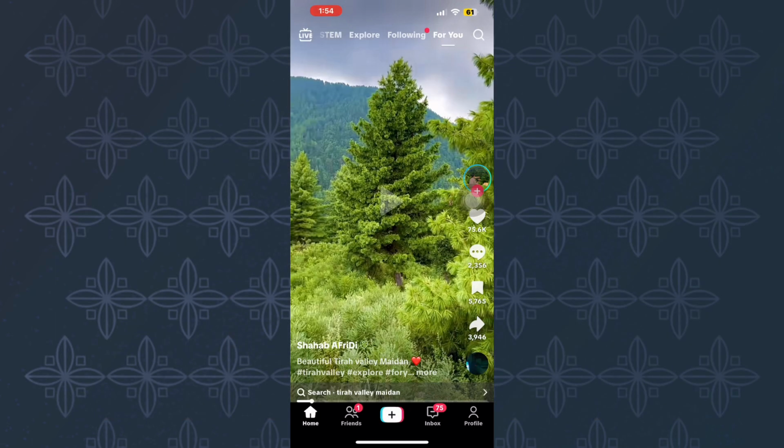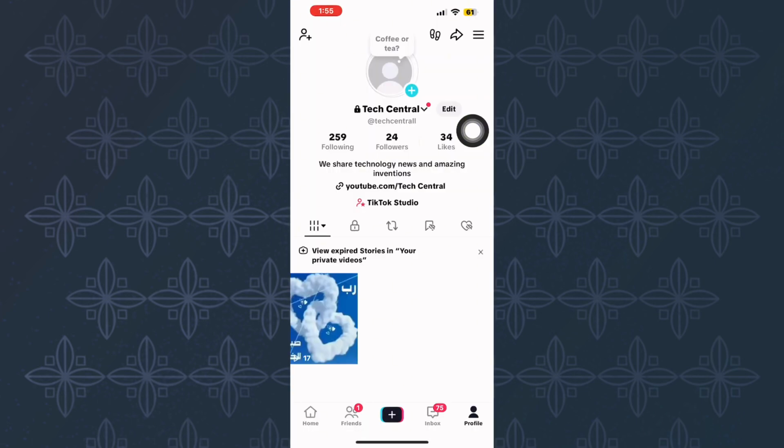Begin by opening the TikTok mobile app just like you see here. This is the main homepage. From here, tap the profile icon found at the bottom right corner of the screen to enter your TikTok account